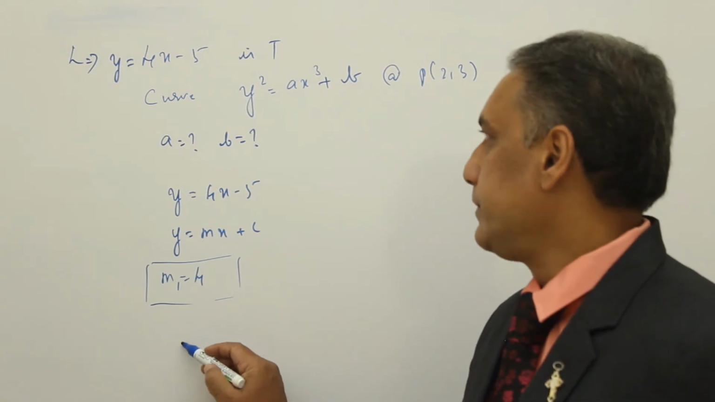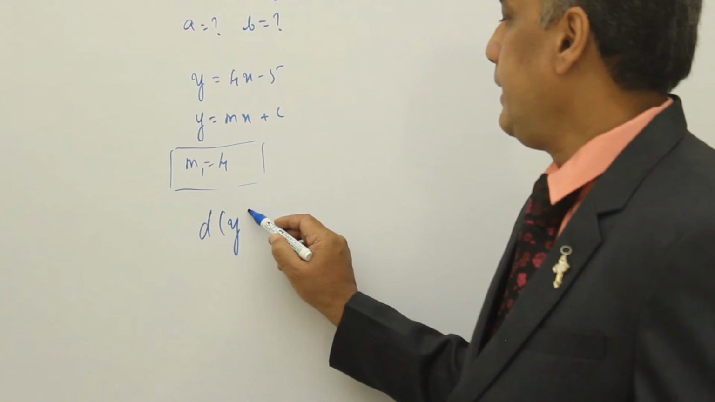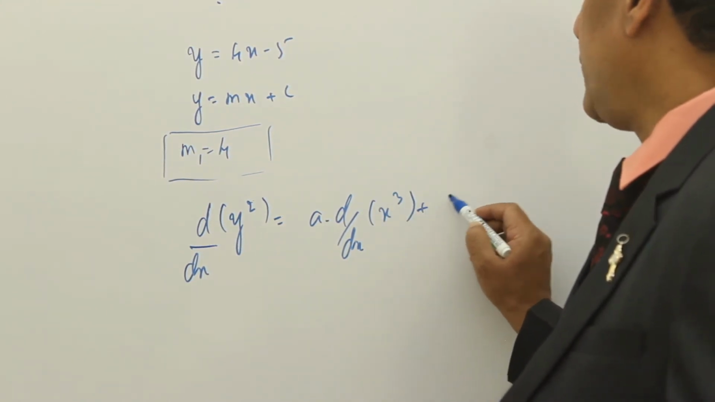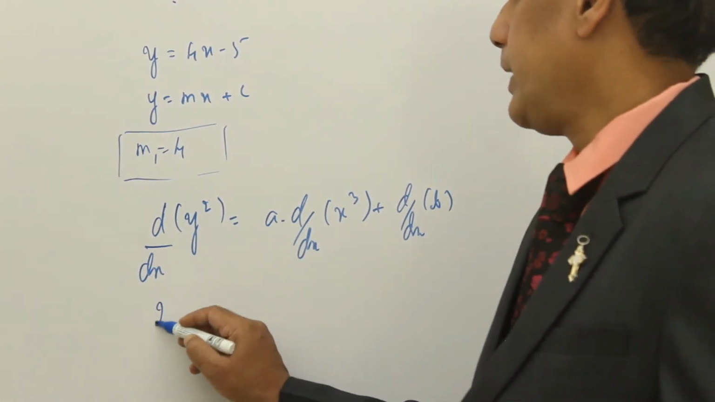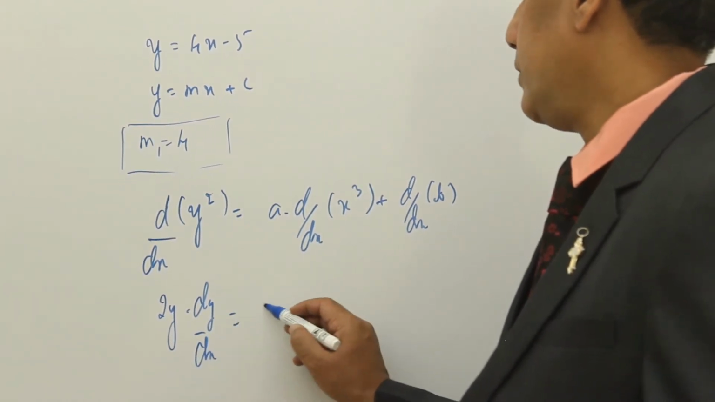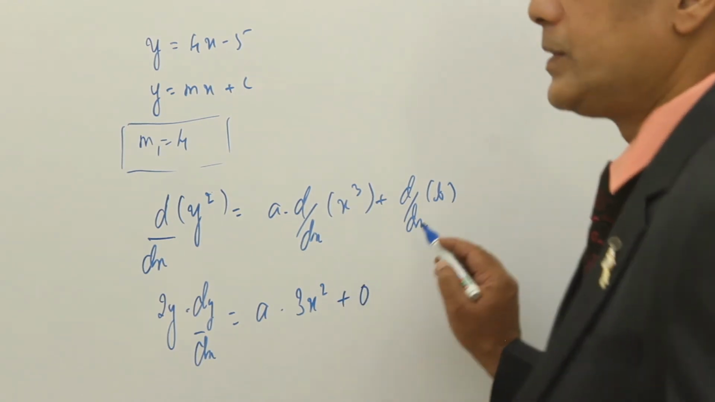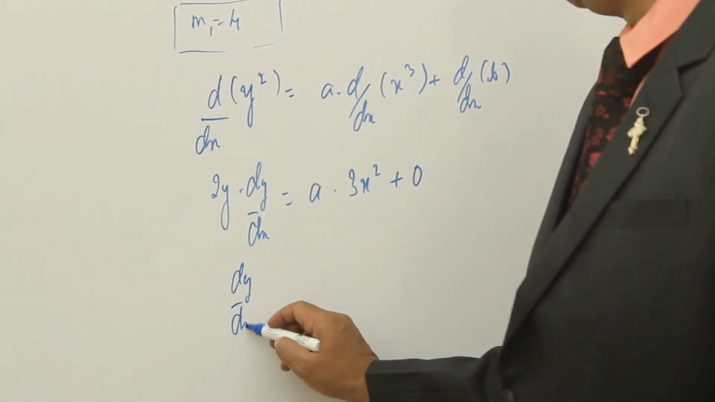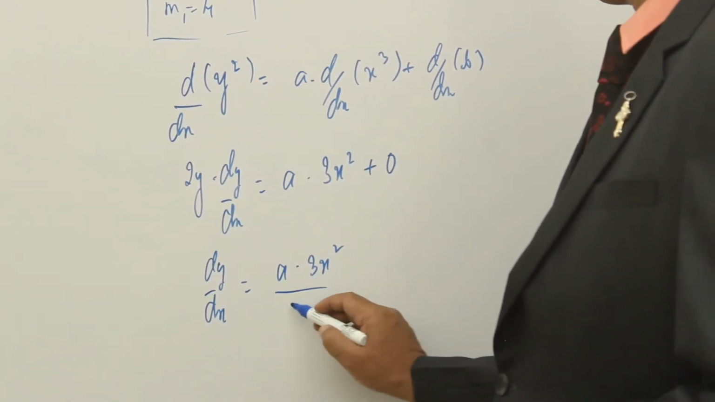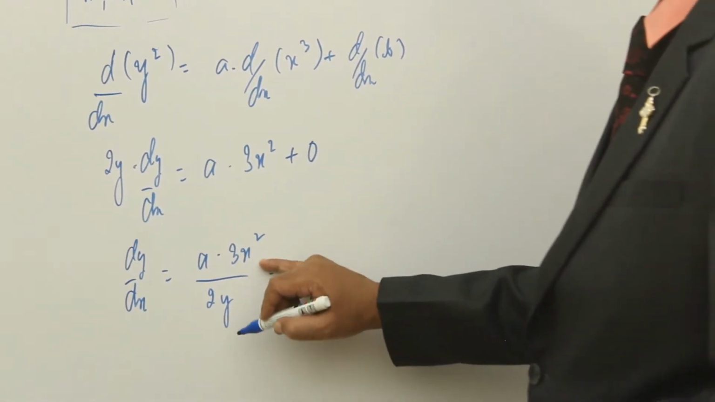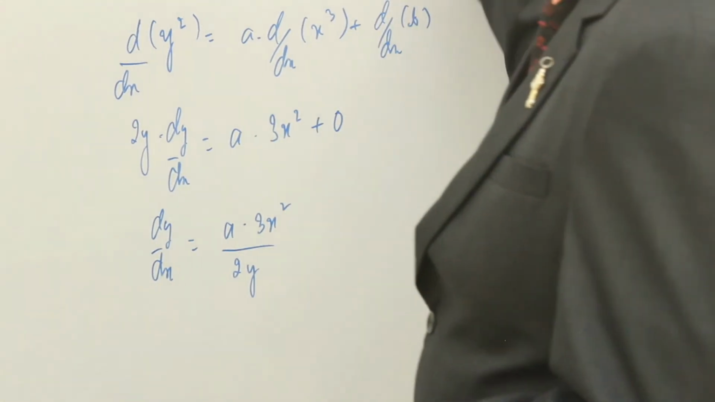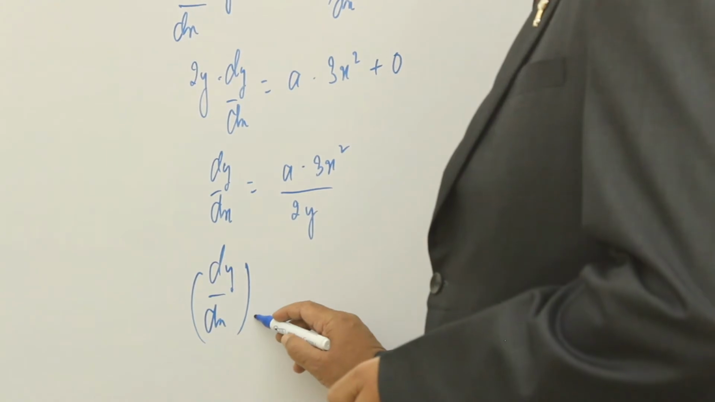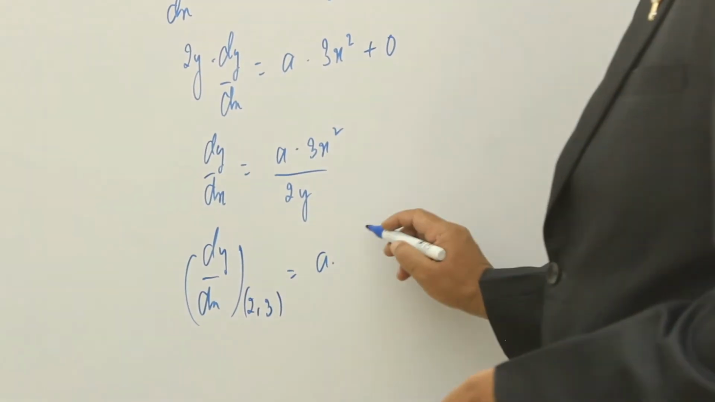So take the equation of the curve and differentiate. You'll get d by dx of y square equals a into d by dx of x cube plus d by dx of b. So when you take this, you will get 2y into dy by dx equal to a into 3x square plus 0, because b is constant, differentiation of a constant is 0. So therefore you will be getting dy by dx equal to a into 3x square divided by 2y. We know that this is nothing but the slope. Then they are given the coordinates 2, 3. Therefore you can find the slope of the tangent at the curve at 2, 3 equals a into 3x square